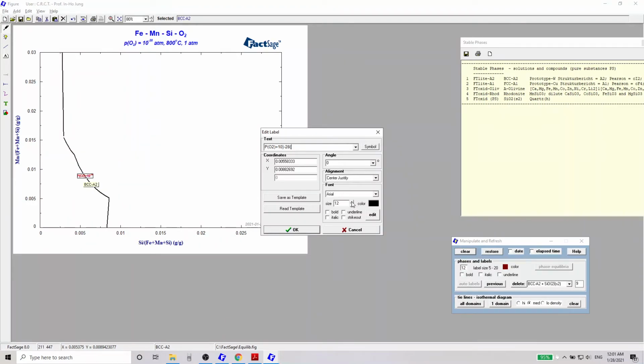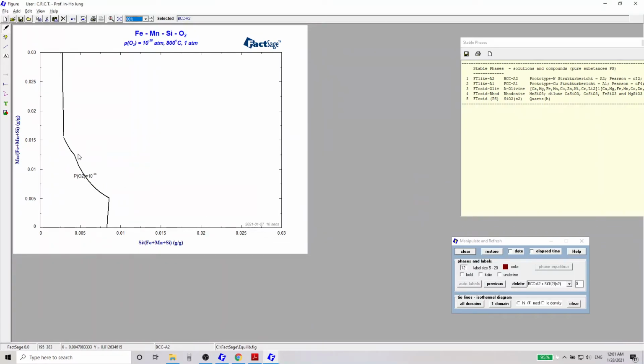Increase the size of the text and then click on it. So this is the boundary for primary oxidation at partial pressure of oxygen 10 to the minus 28. Similarly, we can draw the boundaries for other partial pressures of oxygen, and if we draw all the boundaries, we get a nice